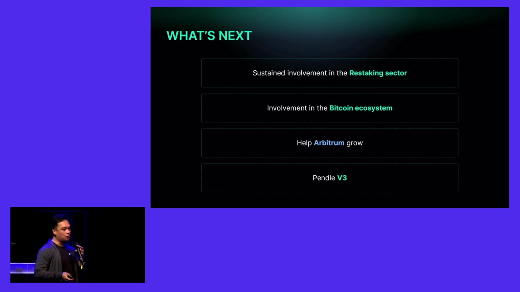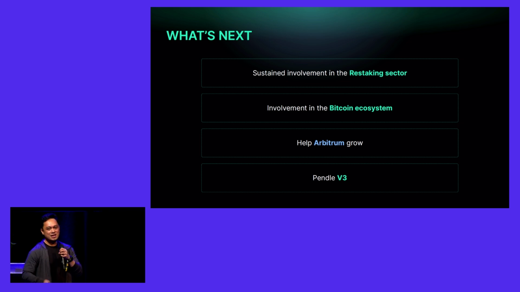So beyond that, of course, as long as there's strong interest in restaking and LRTs, we'll keep on facilitating and providing markets for that. We are also exploring Bitcoin, because Bitcoin is an upcoming narrative that everyone is talking about, and we are also looking at bringing those markets into Arbitrum. So if you're interested in trading the yield from Bitcoin staking specifically, then there might be something for us there that we'll be introducing maybe sometime end of this month.